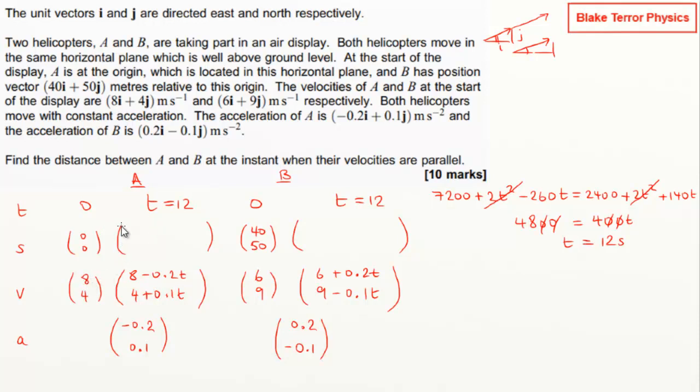So we've got 8 times t, so 8 times 12 is 96, plus a half of a times t squared. So that's going to be minus a tenth of 12 squared, so minus 14.4. Then for the other one, we're going to have 72 plus, it's going to be plus half of this because the magnitude of the acceleration is half of it, so plus 7.2. We'll have a 72 plus 14.4. And we've got to remember to add on the 40 for B. And then we'll have 108